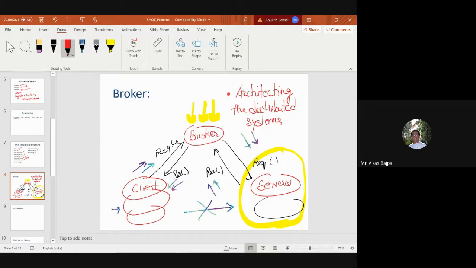And this decoupling of components removes the dependencies and can result in greater system-wide efficiencies.